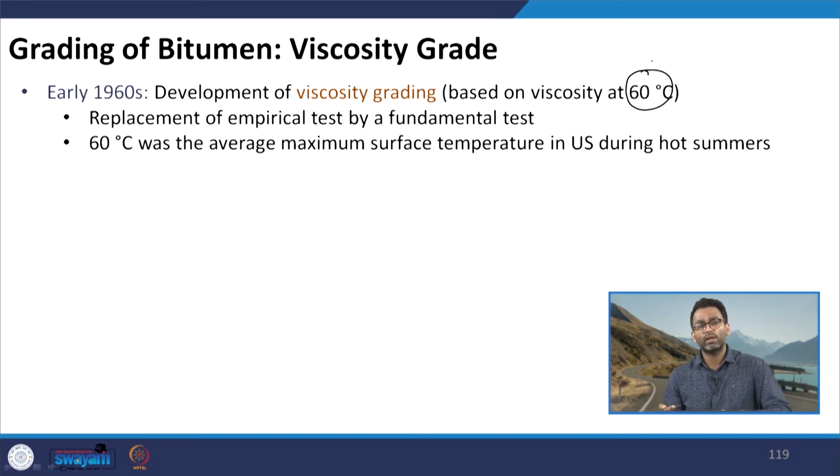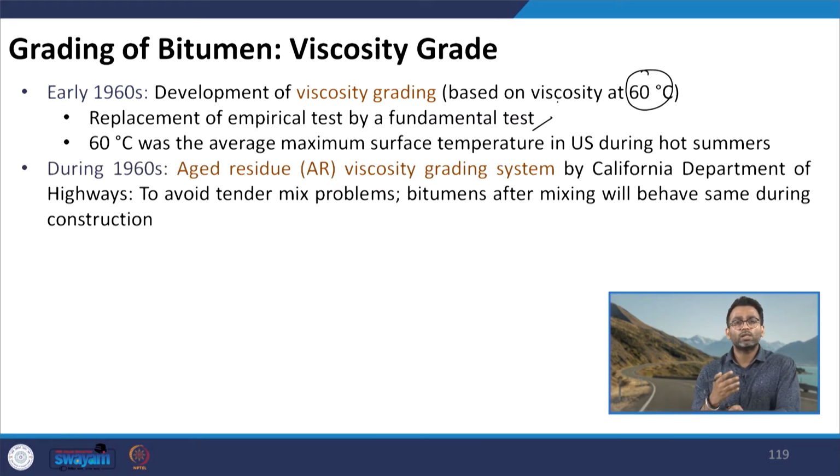Likewise, in the viscosity grading system, the temperature of 60 degrees Celsius is important because at this temperature the permanent deformation characteristics of the binder can be related. As I said, this is a fundamental test in comparison to the penetration test, and the reason for choosing 60 degrees Celsius during that development was because this was the average maximum surface temperature in the US during hot summers. Parallelly, during the 1960s again, the California Department of Highways was developing a similar specification which required measuring the viscosity of the binder,